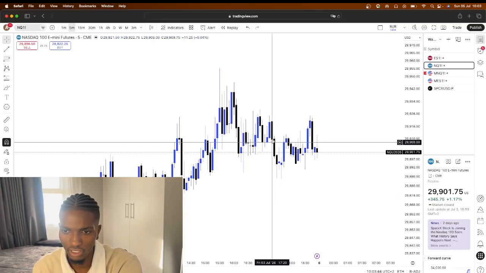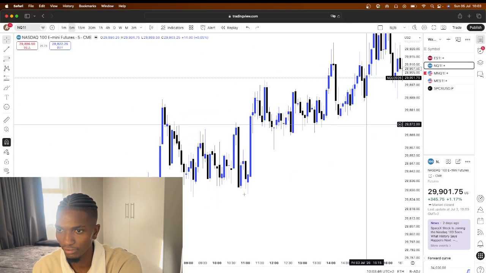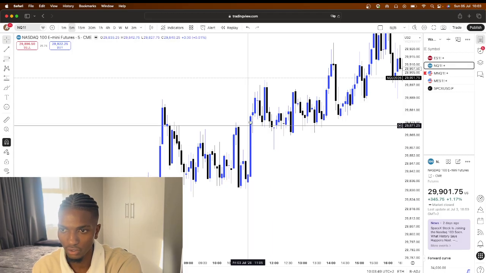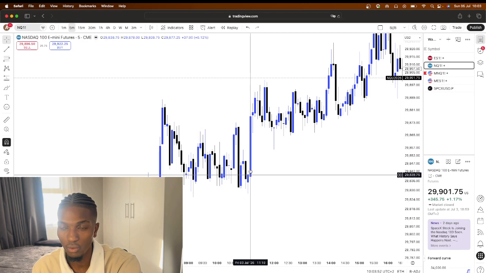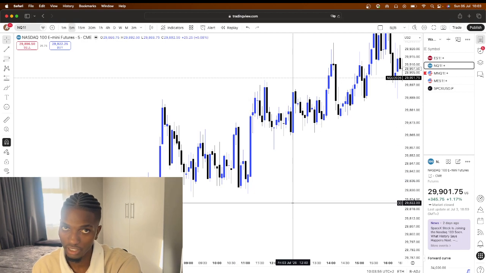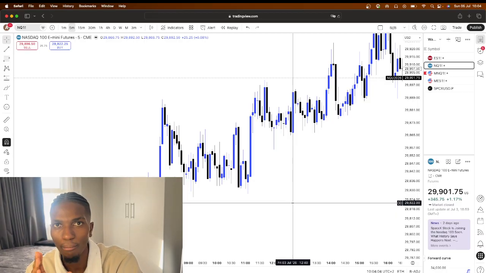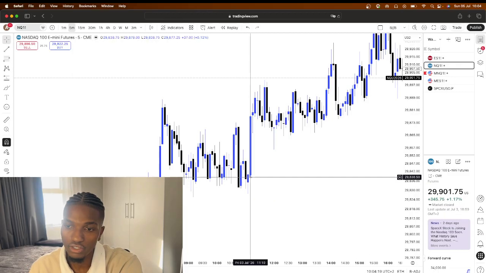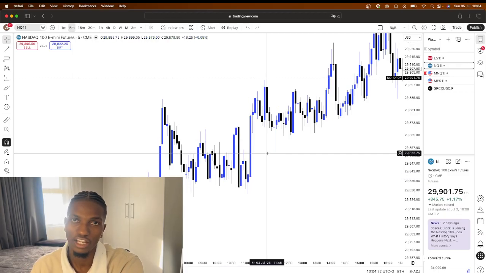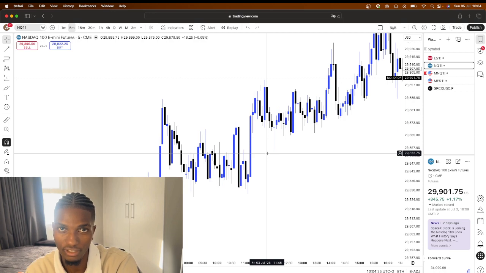So for example, if we look here, we have a huge candlestick, right? This blue one right here, we have a huge candlestick. What it means is there were a lot of buyers. So blue in my case represents bullish, right? Black represents bearish. Blue is when we're moving up, black is when we're moving down. So bullish, up, bearish, down, right? So if we have a huge singular candlestick like this, it means there was a lot of buys or buyers,